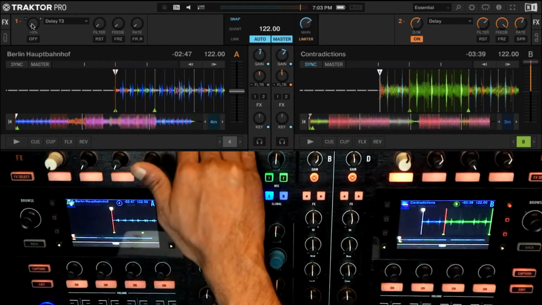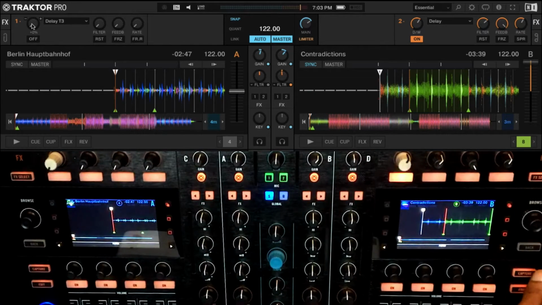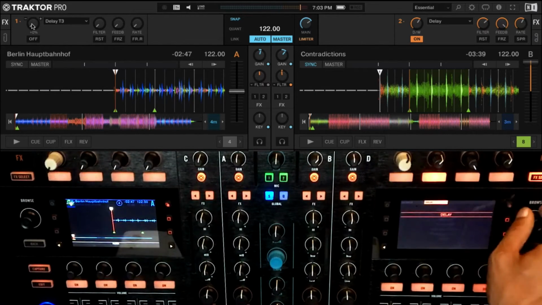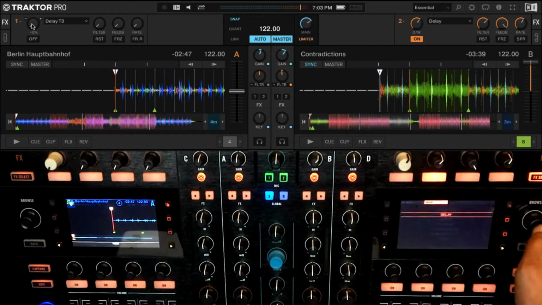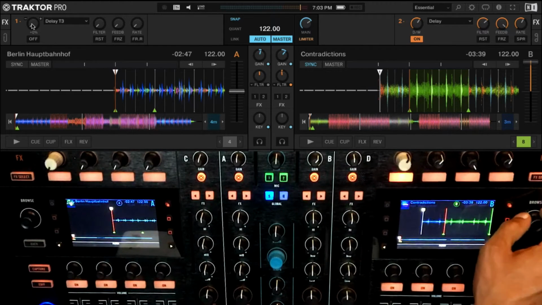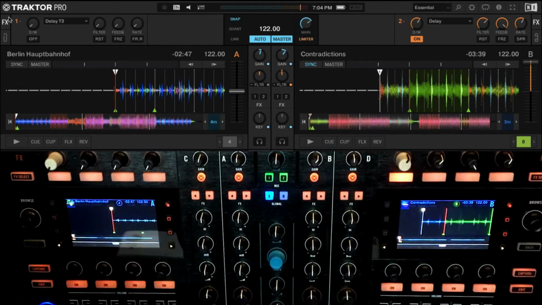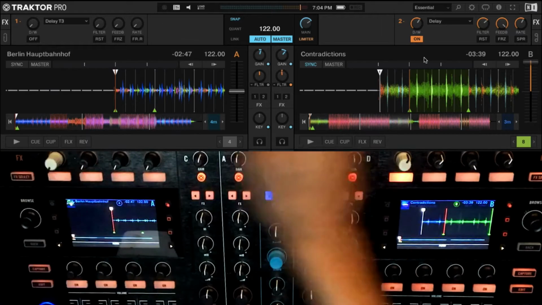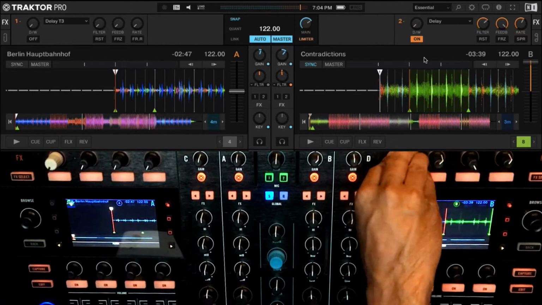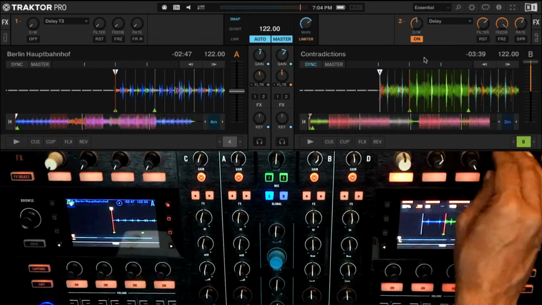So this is a delay, again, not much different from the other one in terms of its flavor, basically. So let's load the regular plain vanilla delay here. So we have filter, feedback and rate. We have reset, freeze and spread. Filter, feedback and rate. But we have the FR.R, which we also saw with the flanger, right? Which basically means free rate. So this will let you basically use the delay in free rate mode. Other than that, no other difference. It just has a slightly different flavor of sound. In fact, we can do an A/B between both of these delays.